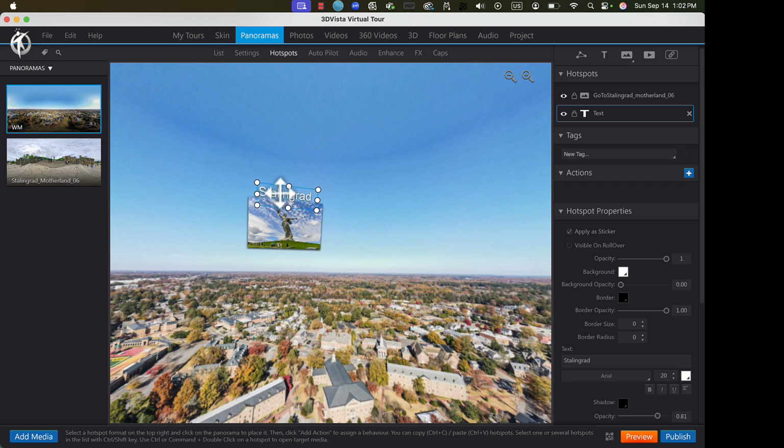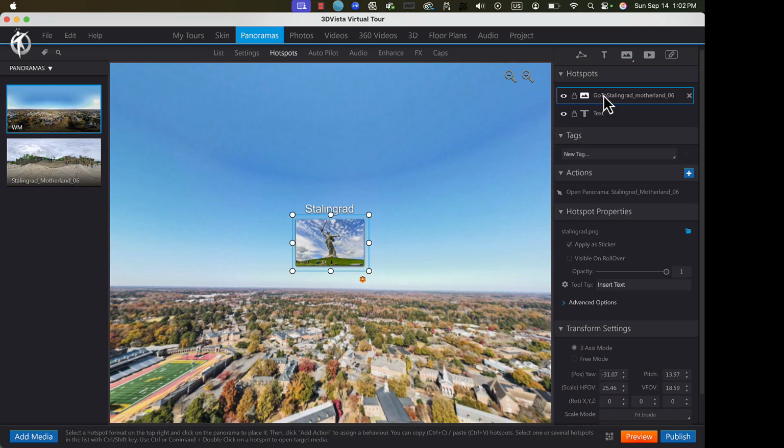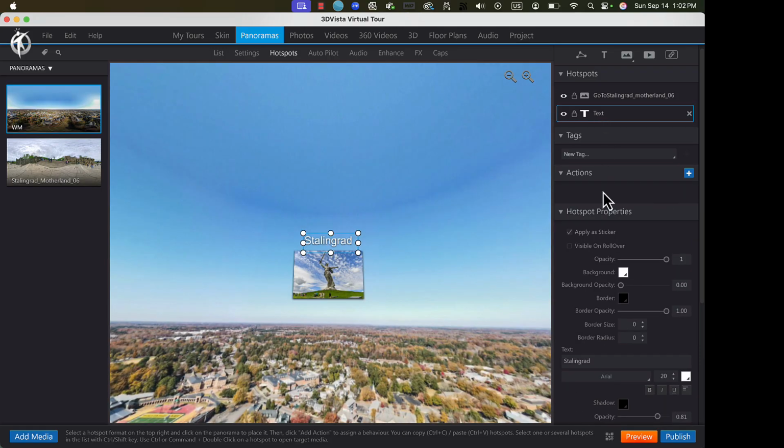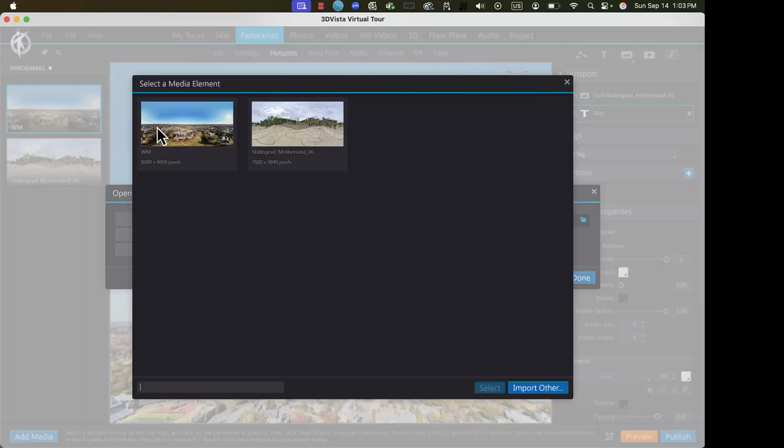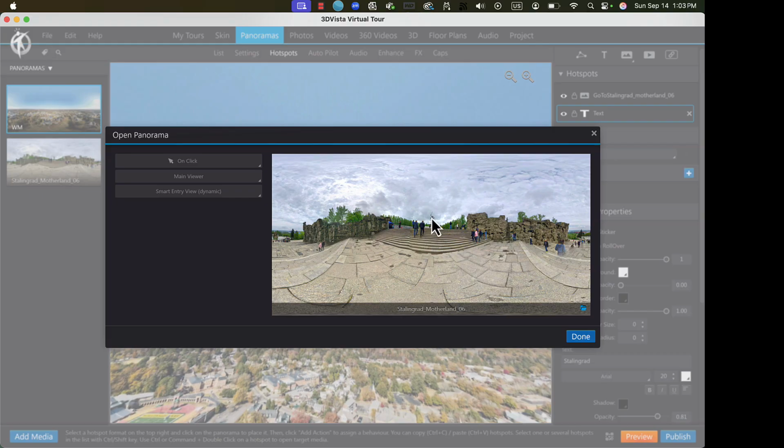So let's do that. You'll notice that I have text here, and I've got that go to Stalingrad Motherland. And when I go to Stalingrad Motherland, that's this image, and it already has an action, open panorama, Stalingrad Motherland. But when I go to text, there's no action because that was something that I just added from the top menu. To add the action, I would hit the plus under actions and have all of these options. I can open a panorama, and we're going to be doing a lot of these things as we go, but I'm just going to open the panorama for now. And I'm going to choose the Stalingrad Motherland, select,